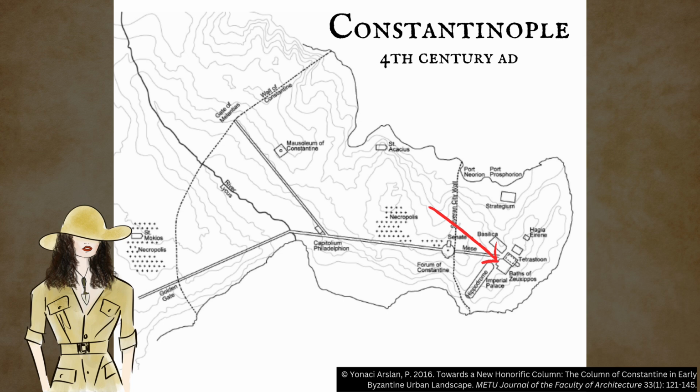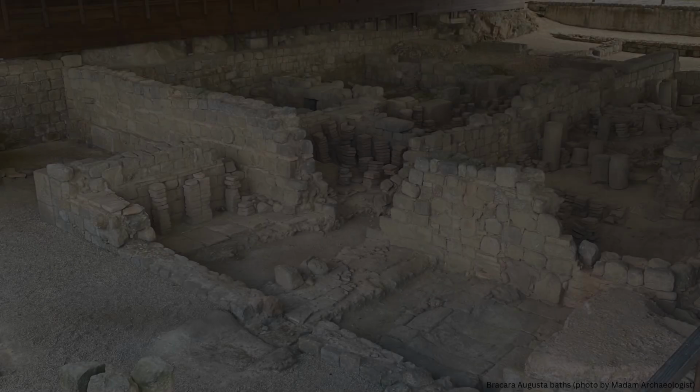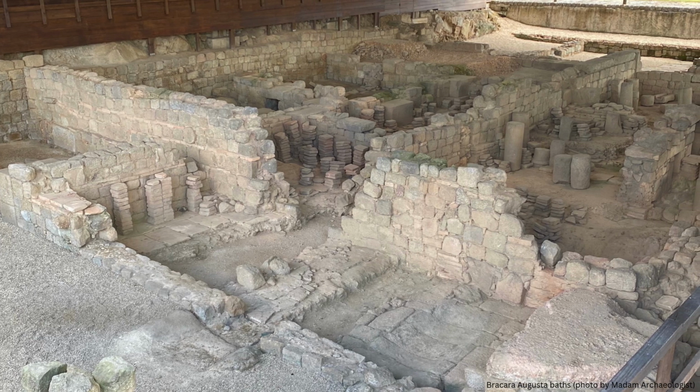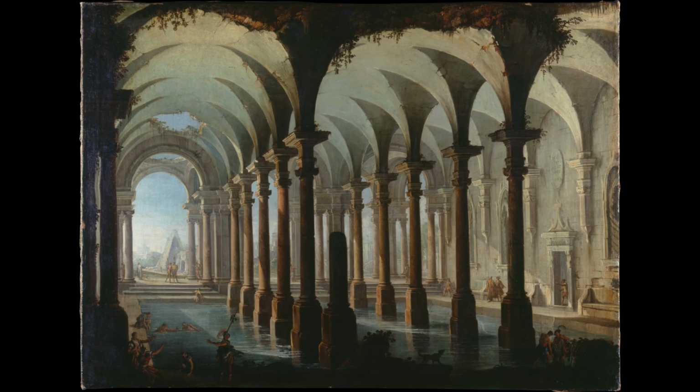The bathhouse initiated by Septimius Severus, known as the Baths of Zeuxippos, was also revamped by Constantine and furnished with such statuary. Bathhouses were important places in Roman cities because they were one of the main places where Romans socialized. This sounds very odd to us today. Bathing is a very private thing, but that's what the Romans did, and it played a big role in their